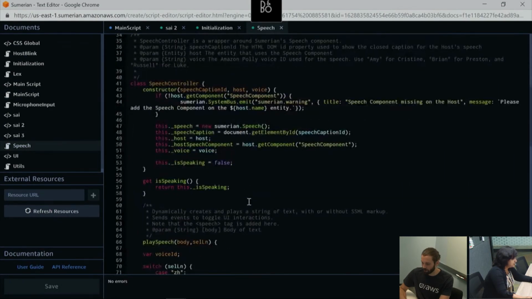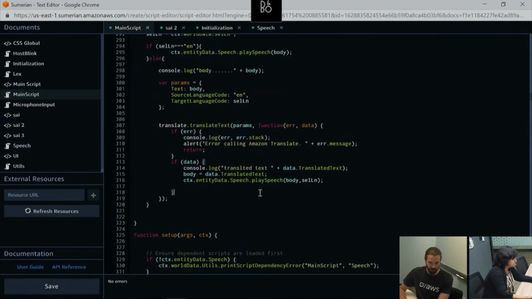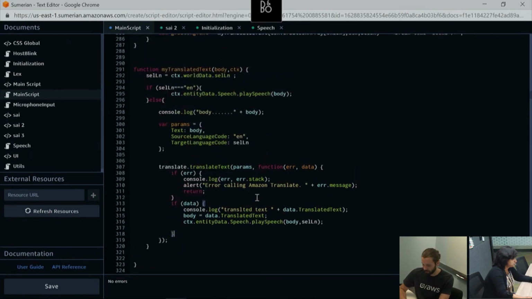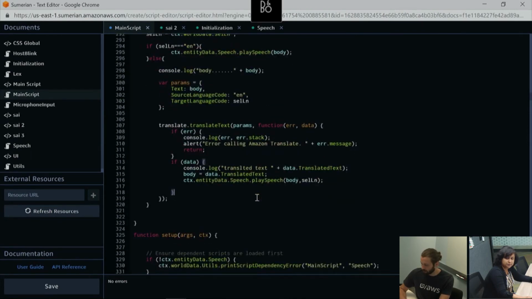And you were saying earlier that the part of the script that deals with translation is in an article that you have already written, correct? Yep. And so I'm going to paste that also. I'm posting a lot of articles in the chat room, but if you're interested in learning more about translating text inside of Sumerian, there's a great article for that. We're also working on one on how to translate Lex responses. This one's just translating text inside of a scene. But there is shortly another article coming out, written of course by Sarah, that walks users through how to translate Lex responses.